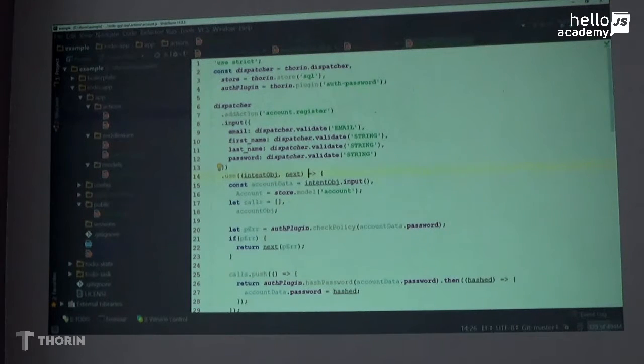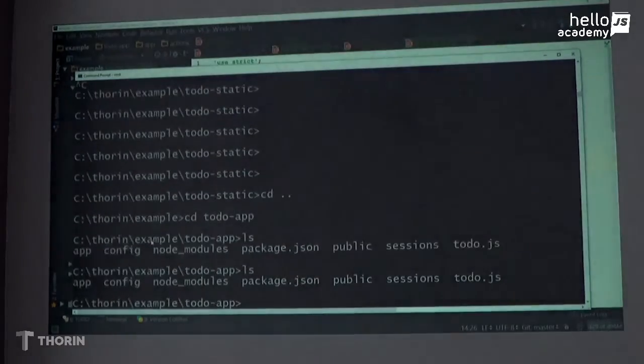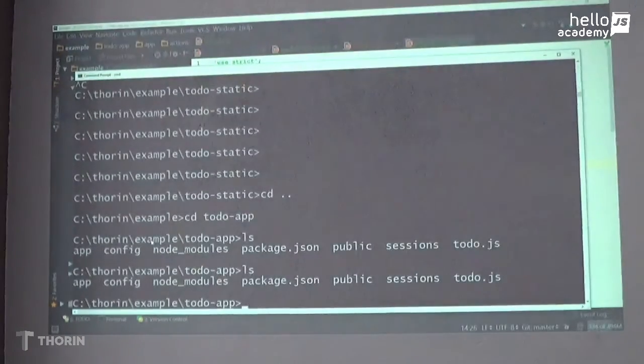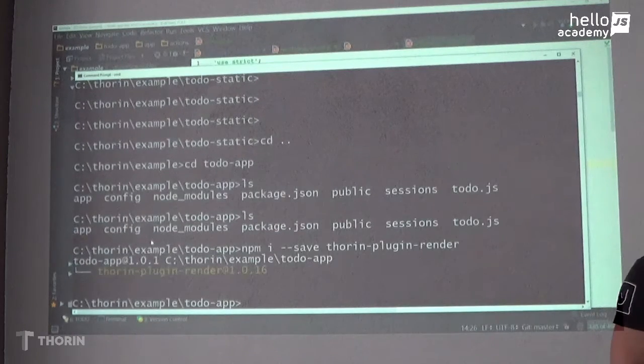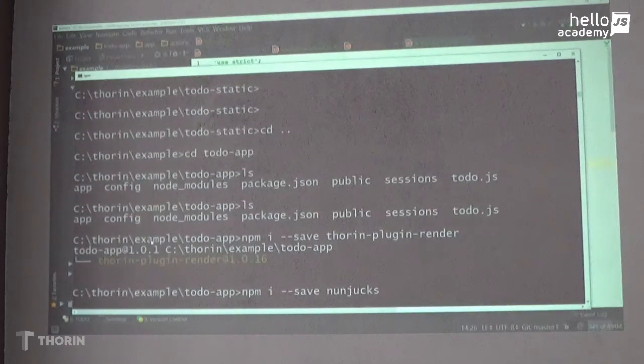So I'm going to use the render plugin so that we can actually render some kind of HTML. So let's say npm i thorin plugin render, and the render plugin actually uses the Nunjucks templating engine, so I'm just going to install that also. Okay,